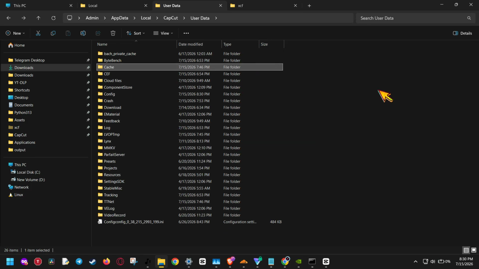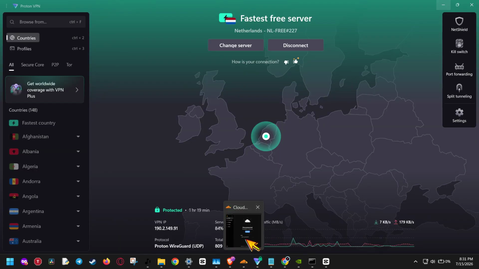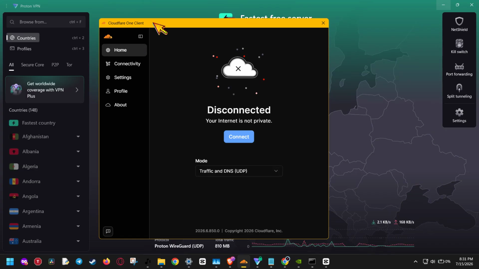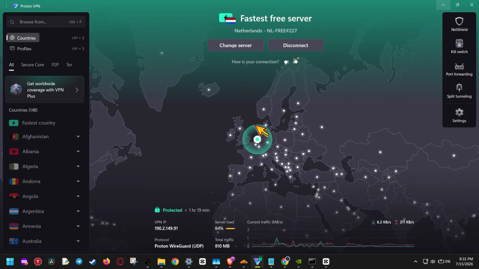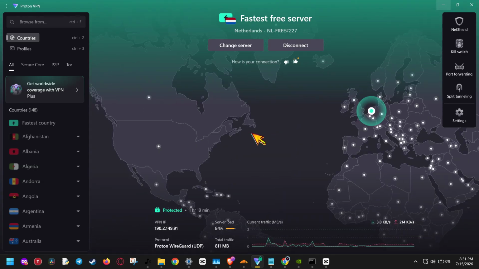Now let's check one more common cause: VPNs and proxies. If you're using a VPN or proxy, temporarily disable it and try CapCut again. Some VPN routes can trigger connection failures or make CapCut think your request is coming from an unsupported location. If the app works with the VPN off, then you've found the cause. In that case, you can either leave it off while using CapCut or switch to a different server location if